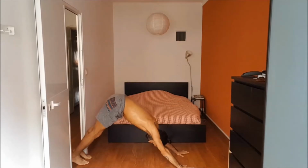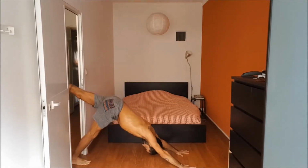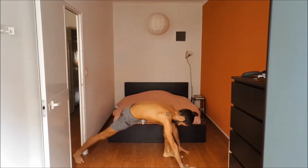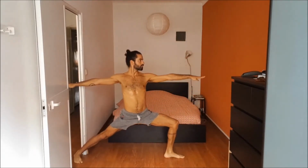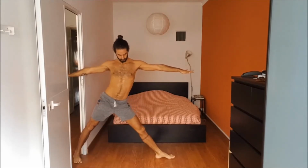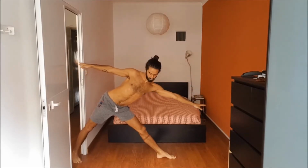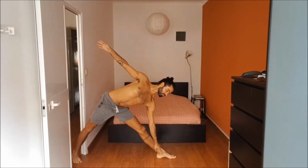As you inhale, send your left foot up and away towards the sky, hips parallel. Exhale, bring the left foot in between the hands, lower the right heel. Inhale, cartwheel the arms into your warrior two. First find your warrior two, and then let's bring the left foot a bit back, or the right foot a bit forward, the distance of one leg between your feet. And then start sending your right hip back as you send your left fingertips forward, creating space on both sides